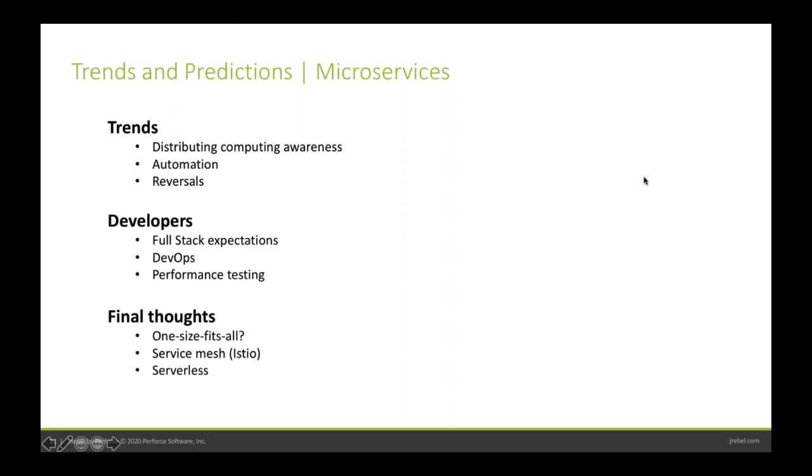For developers, I think we're going to continue to see full stack expectations. They'll have to understand DevOps. They'll have to automate. Automated continuous testing is absolutely mandatory, especially for performance, so that you have low latency and good throughput at all levels of scale required for the app, and you don't break it and rely on users to report issues, right? You have to fix those problems in development and QA. Don't let them bleed into user experience.